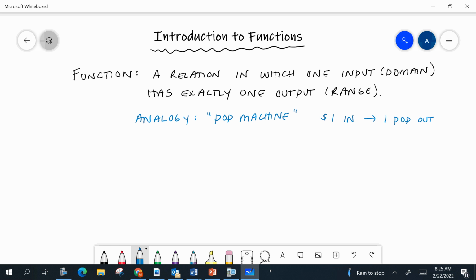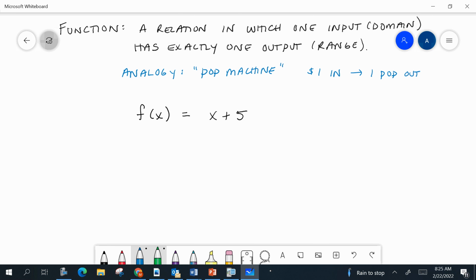Okay, so common function notation is we might see something like f of x equals x plus 5. All right, well, we want to get comfortable with this notation. The f of x part right here is how we name a function. And so that could be g of x, h of x, k of x. There's all different letters we can use, but this part is how we name the equation, okay? This part is what we call the rule. And the rule of this function is basically you plug a value in for x, you add 5 to it,